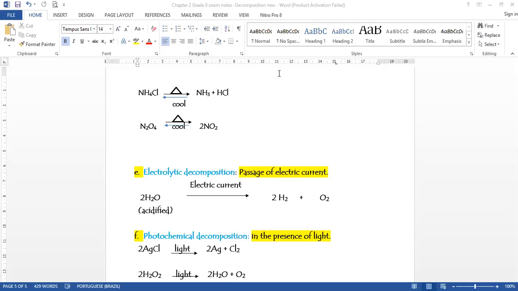So I hope there are no other doubts in this topic. Is there any doubt, somebody? Yes, Arya Gupta. So all decomposition reactions are irreversible. I gave you an example for a decomposition reaction which is not reversible, which is thermal dissociation. Apart from that, most of the reactions are irreversible.